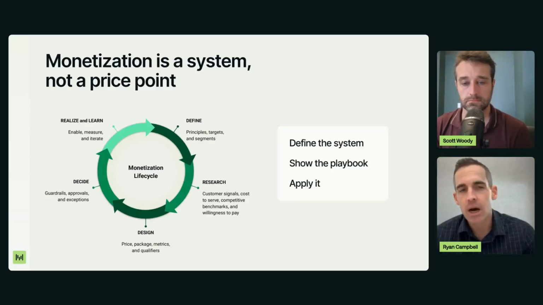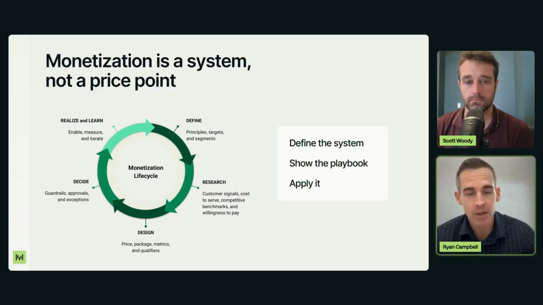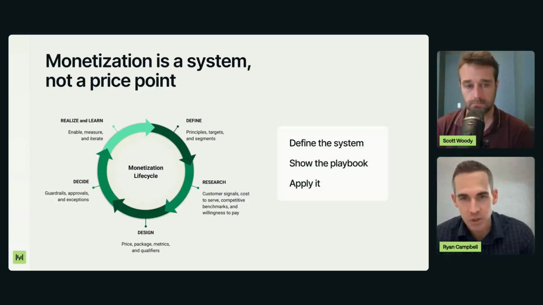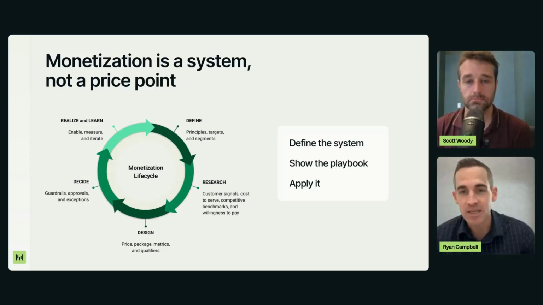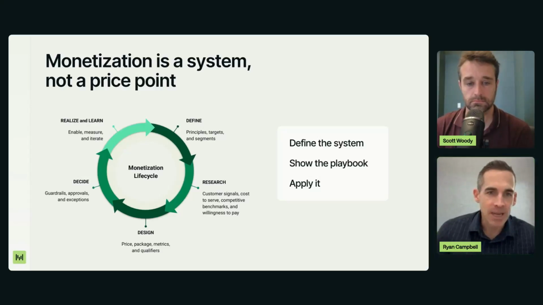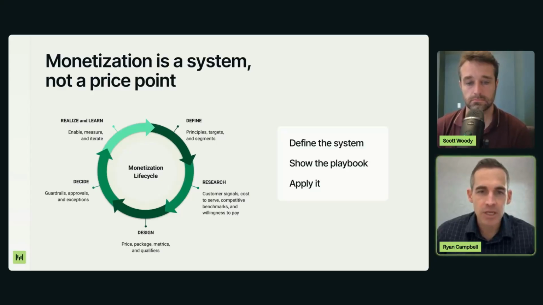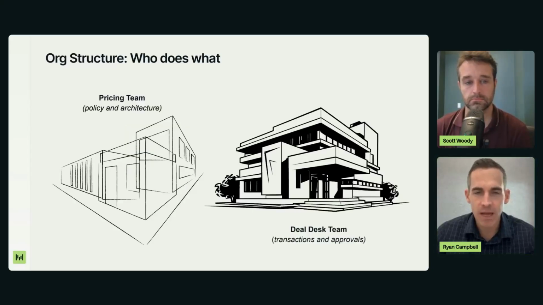And so I want to use the opportunity to share a little bit about what we at Snowflake have learned, especially in an era of AI where pricing is changing every other week. There's tons of features being built. The ability to do this at scale is a very different thing than if you're pricing 2 or 3 products a year. But before we jump in, I'm going to spend a little bit of time on how we organize ourselves at Snowflake.